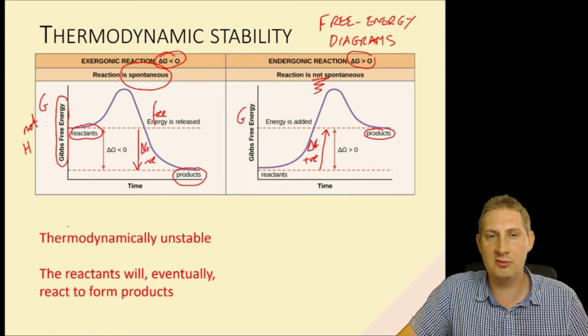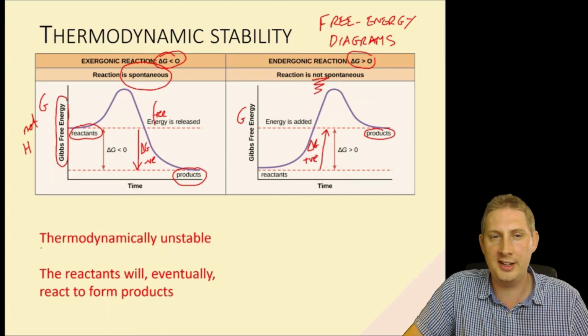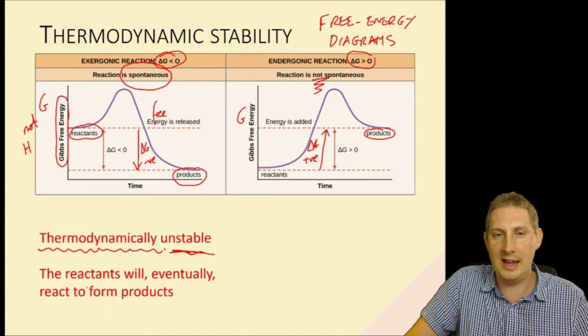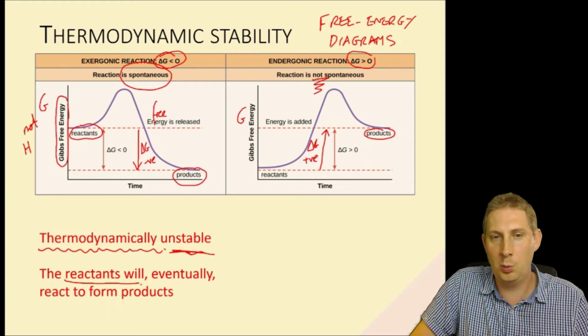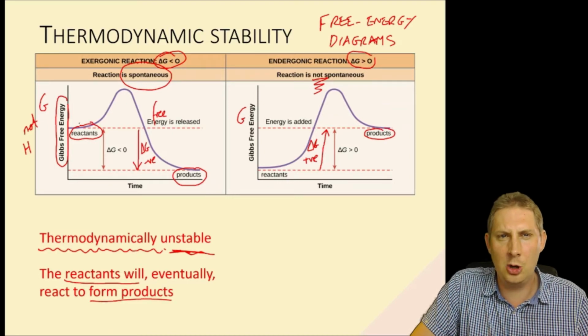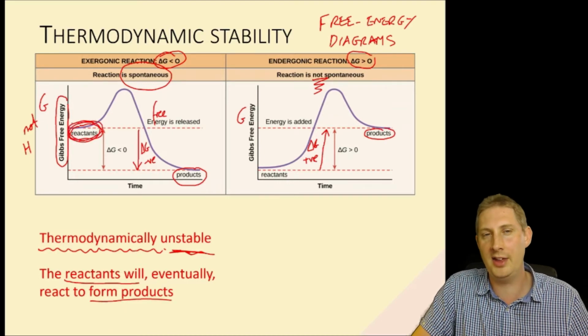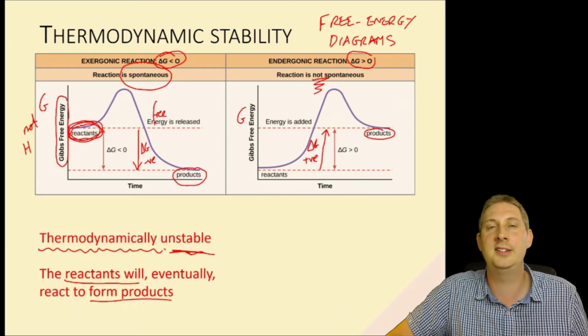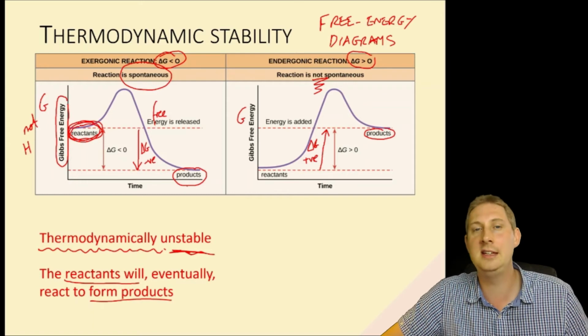We would say a reaction like this is thermodynamically unstable because the reactants will and want to form products. Our reactants are not stable. They're not going to sit around there. They will eventually react to form products because there's an increase in entropy of the universe, a decrease in free